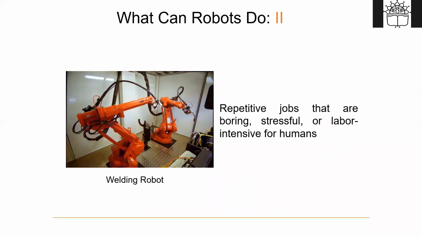Now, the second application: there are some jobs which are repetitive. For example, let's take the example of a welding robot. This photograph is of a welding robot. You can go for spot welding or arc welding. Let's take spot welding. You have to weld at a specific spot, and again after 1 minute you have to weld again. That is a repetitive task, so it may be boring.